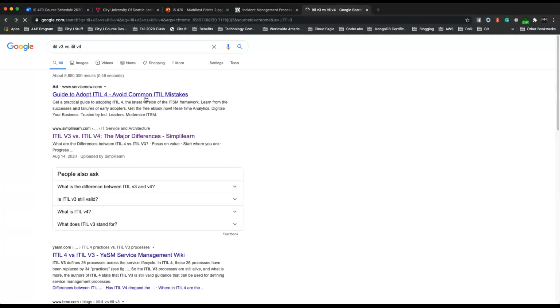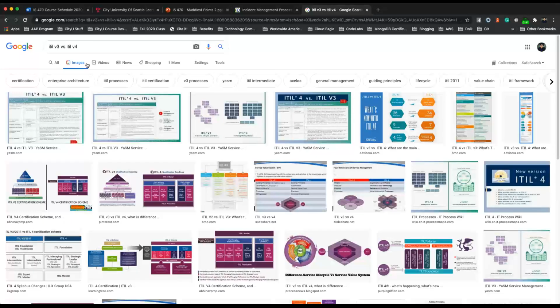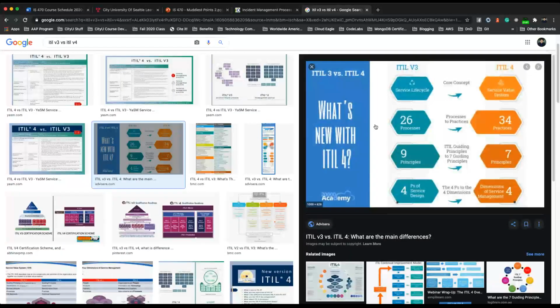Let's look for a more easy diagram to digest. Let's see if there are images. And they did change some of the names, right? A good example at the end here, it says piece of service design became dimensions of service management.